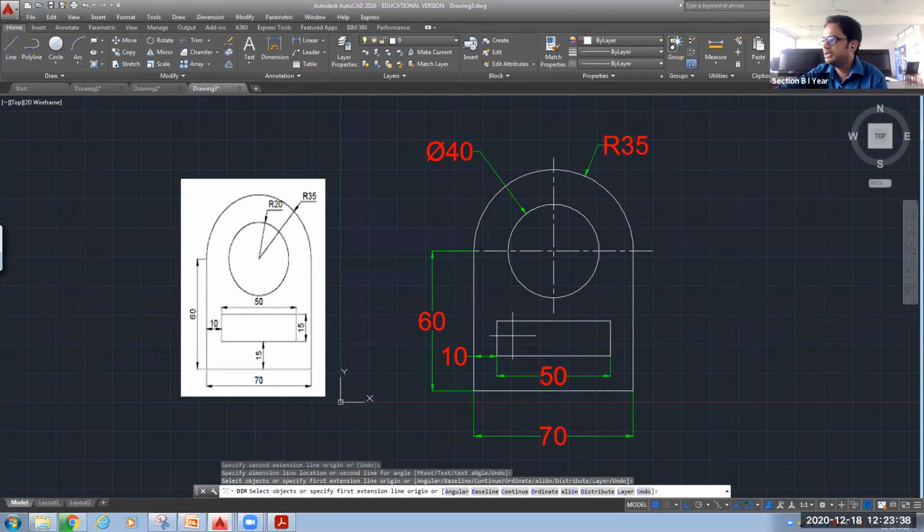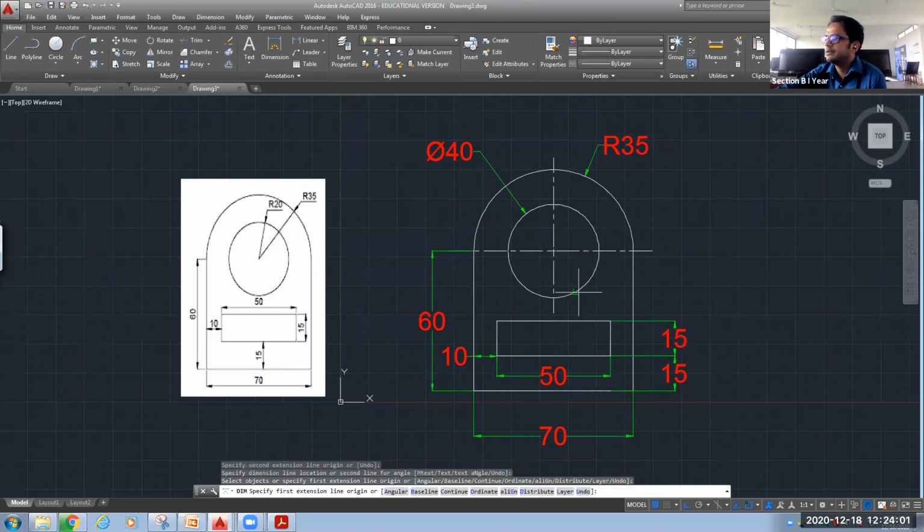This is your 50. This is your 15. And again, this is also your 15.